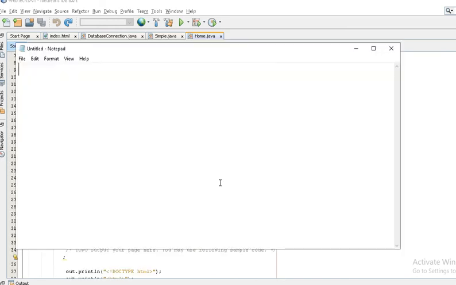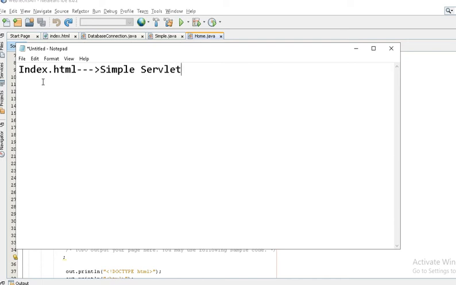So this is all about my application. Let's look at the layout. One is my index.html page, my first page. It will directly connect with the simple servlet.